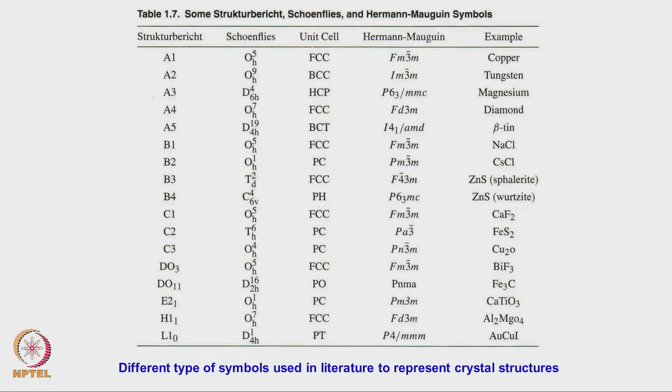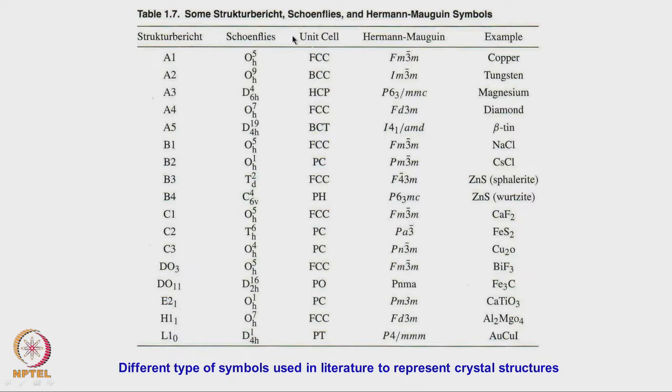Then when you go through papers, you will find that to describe this crystal structure, there are many types of symbols being used. In most of the metallurgical journals you see A1, A2, A3, A4, A5, then B1, B2, then C1, C2, C3, D03, D022, L12, L10. This sort of symbol you will notice. That is called the Strukturbericht designation, one of the oldest ones. Then the Schoenflies symbol is the one that chemists use, which represents the type of symmetry elements, rotational, inversion and mirror, associated with it.